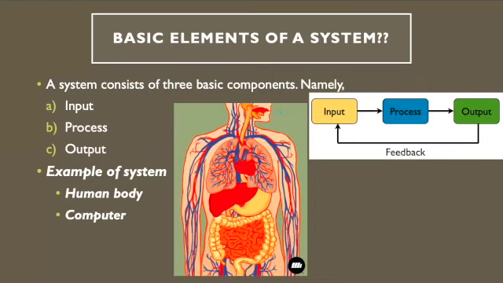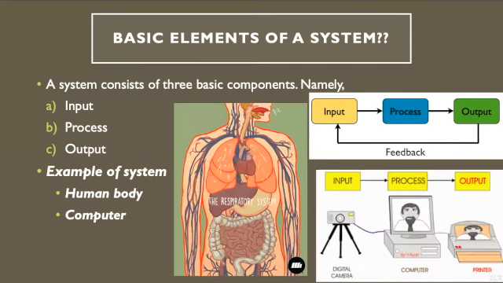Okay. Second, we can talk about the computer. So, a simple computer system. Computer is a system because we are giving the input to the computer. How are we giving the input to the computer? We are giving the input using a keyboard or mouse. Or you can see the